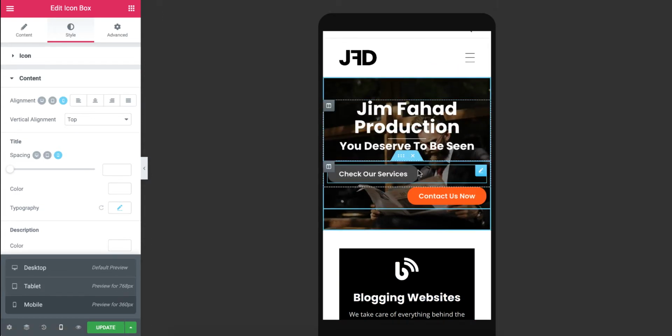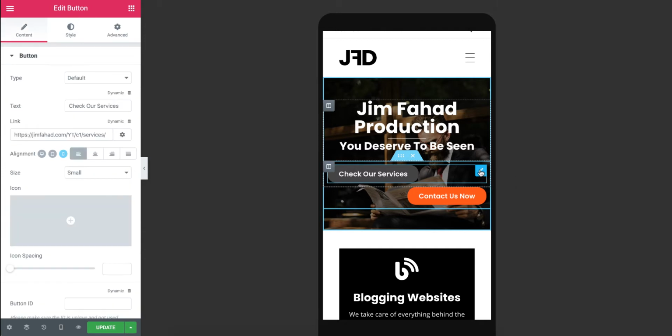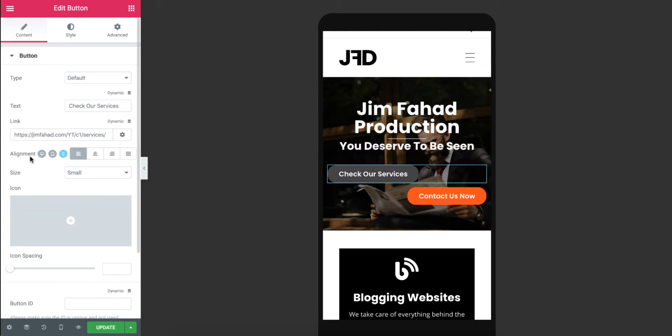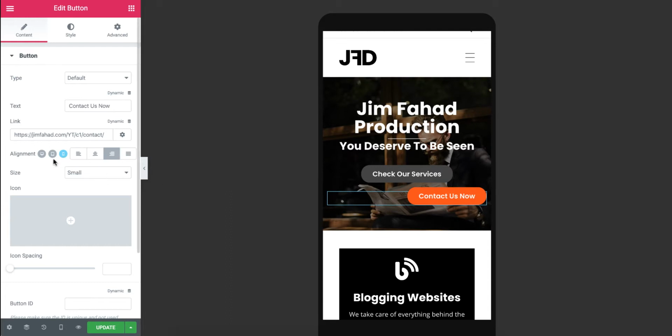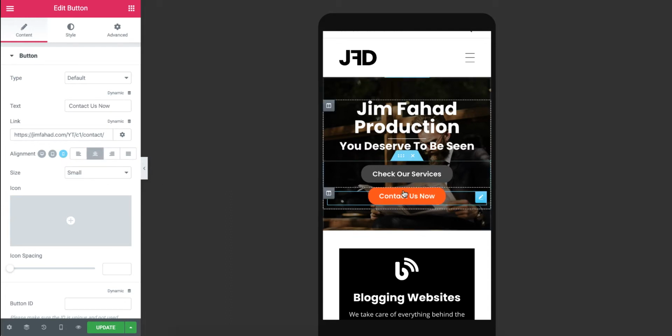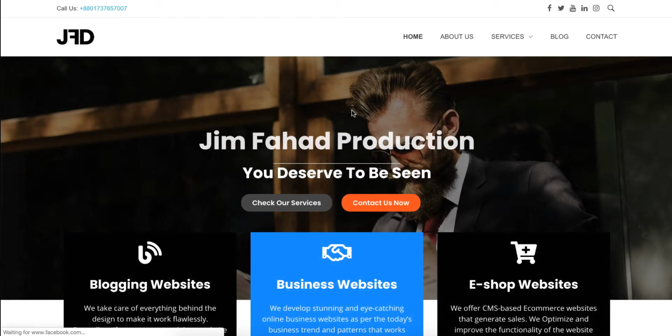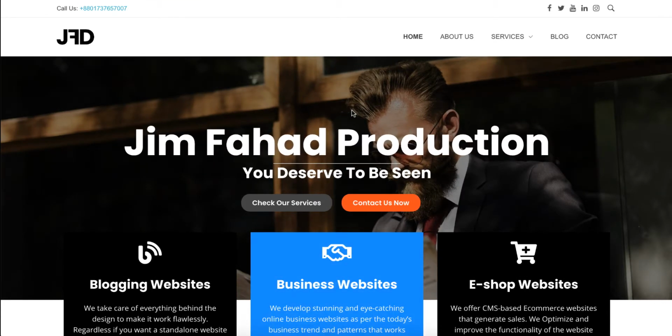So how can you fix that? Click over here and you can see on mobile device the alignment is left. So let's make it centered, and for this button click here and make the alignment center. Now it looks perfect. So if we now finally check the website from our browser, it looks perfect on desktop,